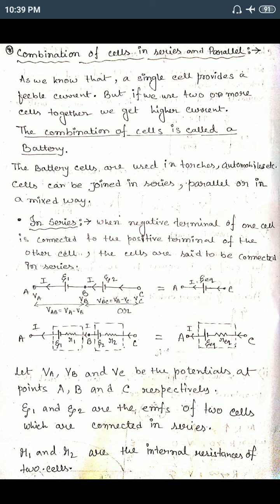A single cell provides us a field current. It generates the electric current, as we discussed in the battery mechanism: how the electricity is generated. We say that from a battery we get the electric current, but that is not what happens. You also know that a non-electrical force is generated inside them.